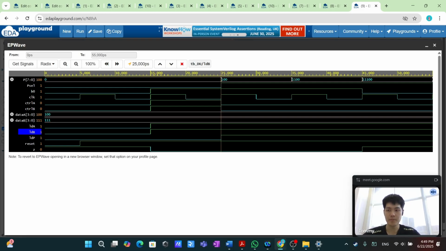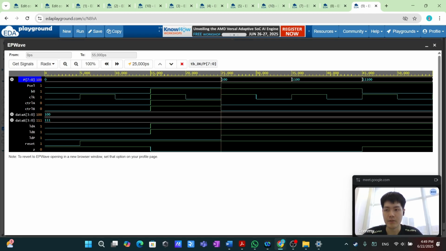Then we start our operation by right shifting the data B and left shifting the data A. And we check the LSB of the data B, whether it is 1. If it is 1, we left shift the data A, while if it's 0, we do nothing to the data A. And the data A will be added with the P value from the last iteration,